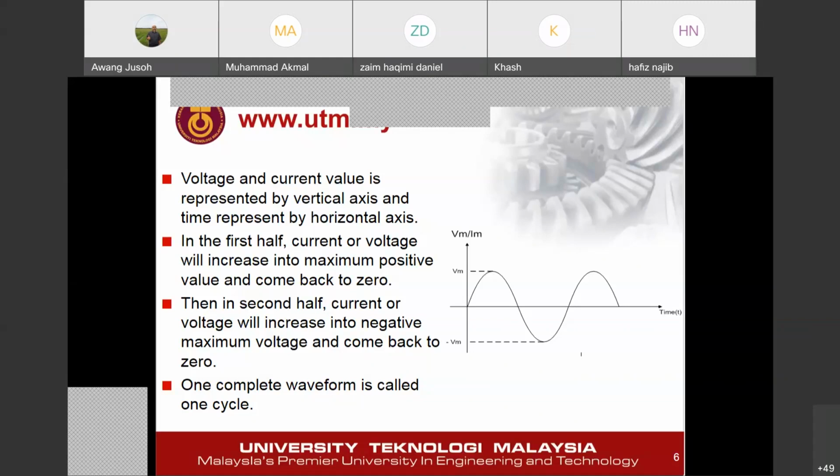That's how the system works. And the battery level depends. Normally a handphone is 5 volt only. A laptop maybe 20 volt, something like that, depending on the system. Hopefully you understand about this. Sometimes I will go this way, I will give some examples in reality so that you can appreciate it. So AC is normally used for an AC load, and DC supply is used for a DC load.